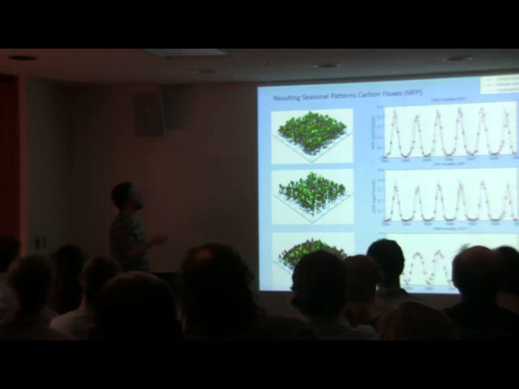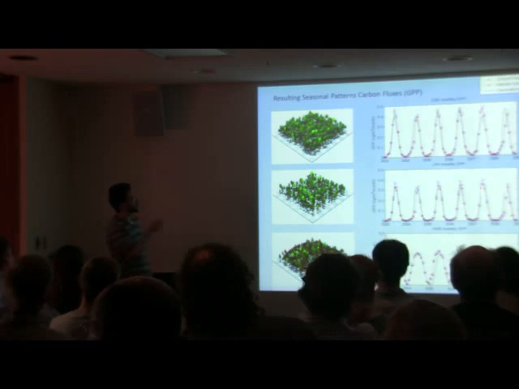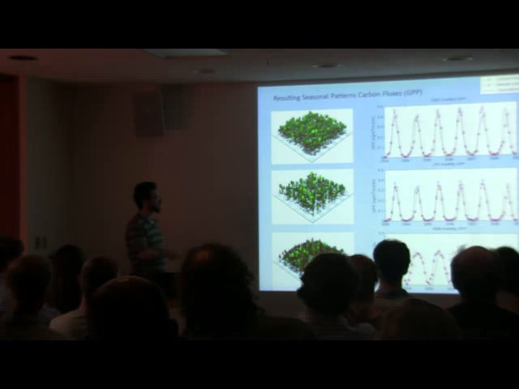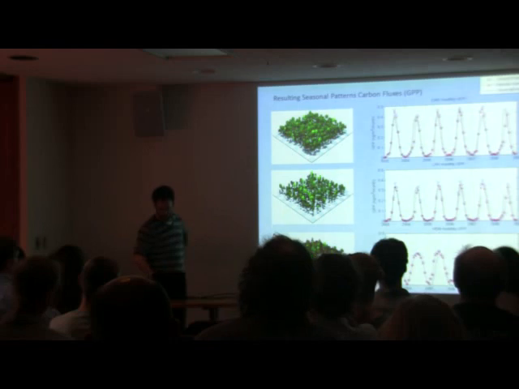Similar story for the GPP. Because of the dominance of deciduous forests in these sites, you get a much larger productivity in the summer months, and almost zero in the winter, while there's a more evenly distributed productivity for the conifer site. And because of the lower density in the LPH, you get a lower productivity as well.